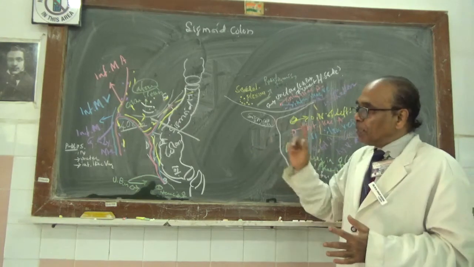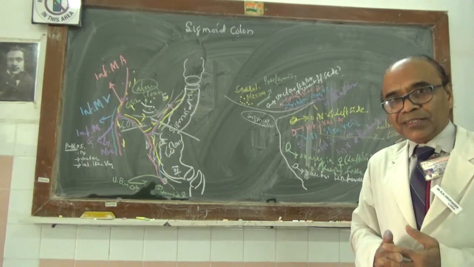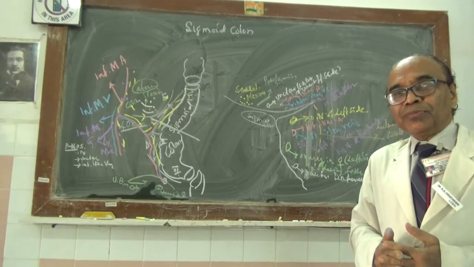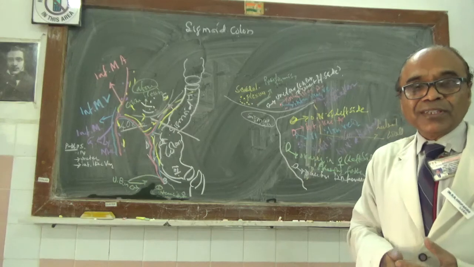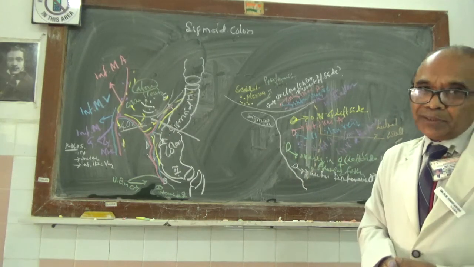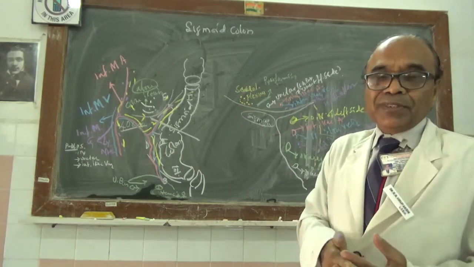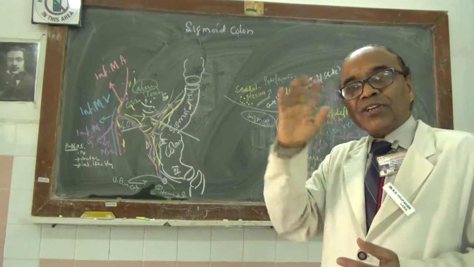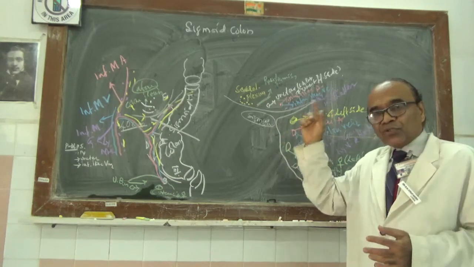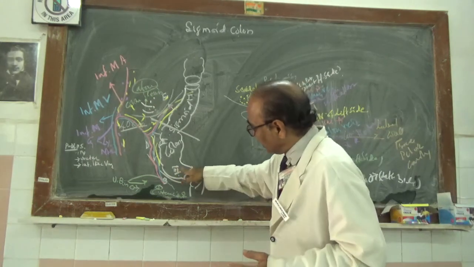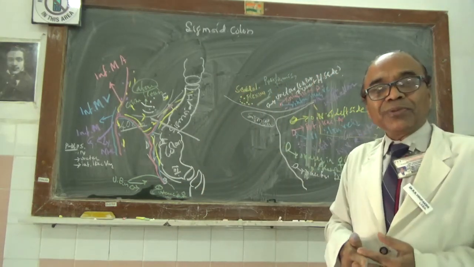Then the development of the jejunum and ileum, parts of the small intestine, is from the midgut. But whereas the large intestine has a dual development. Appendix, cecum, ascending colon, right part of the transverse colon with the right colic flexure, are developed from the midgut endoderm. While the left colic flexure, descending colon, sigmoid colon and left part of the transverse colon are developed from the hindgut.